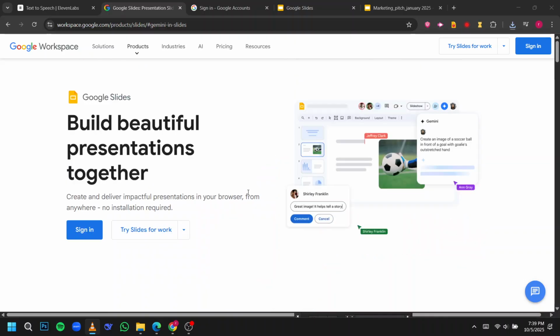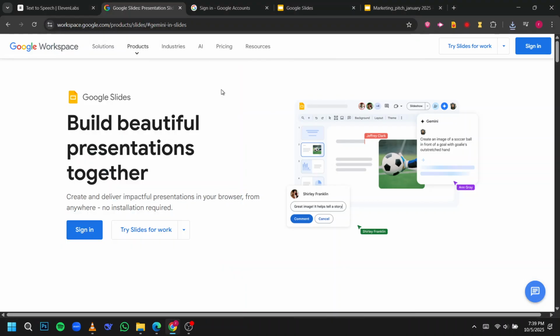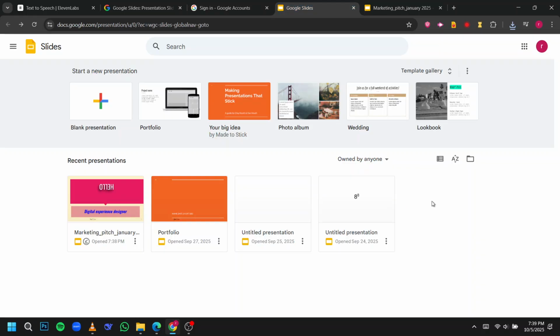To begin, open your preferred web browser and navigate to Google Slides. If you're not automatically signed in, log in using your Google account credentials. Once you're signed in, you'll land on the Google Slides homepage where you can either open an existing presentation or start a brand new one. Click on Blank Presentation to begin from scratch, or select a template theme to save time and keep your slides